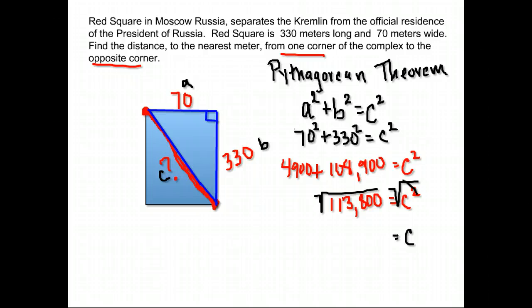Okay, so now what is our answer going to be? It said to find the distance to the nearest meter. So you do get 337.3, but we want to round it off to the nearest meter. So the diagonal distance across Red Square is 337 meters. Very good. Okay. And one thing you might look at is when you came up with 113,800,